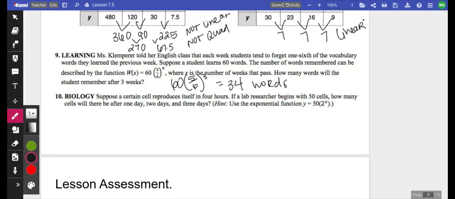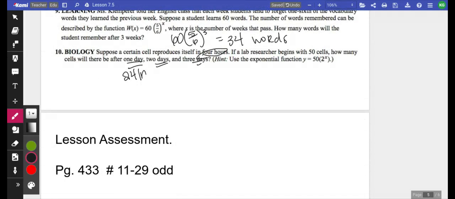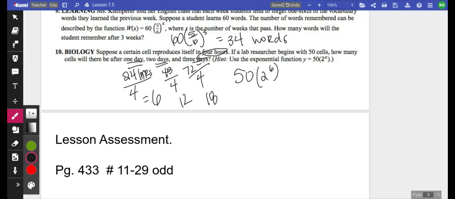Suppose a certain cell reproduces itself in 4 hours. If a lab researcher begins with 50 cells, how many cells will there be after 1 day, 2 days, and 3 days? So 1 day is 24 hours, 48 and 72. And X is my number of times it reproduces. So if it's every 4 hours, it would do it 6 times in 1 day, 12 times, and 18 times. So we're going to do 50 times 2 to the 6th,